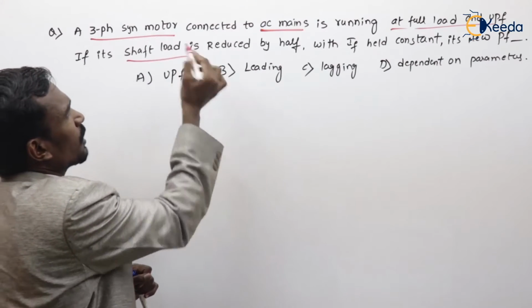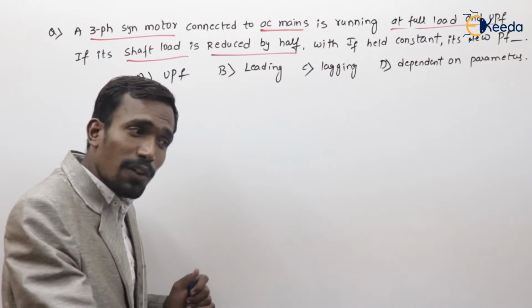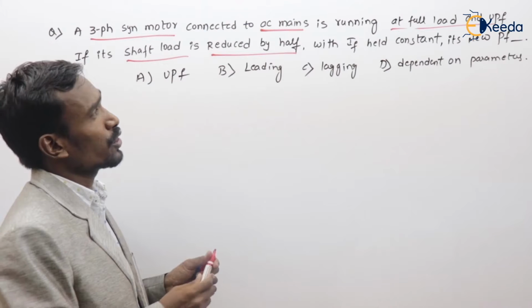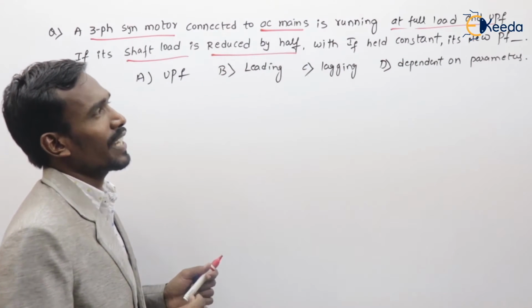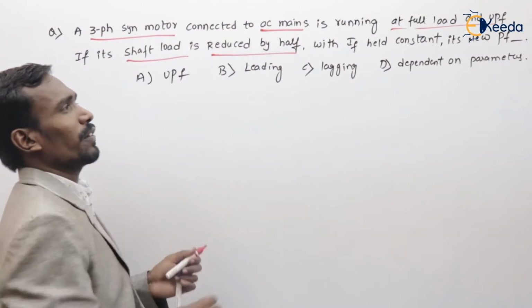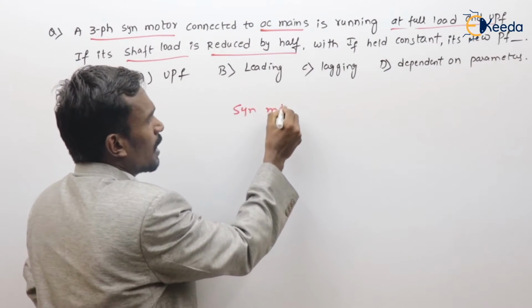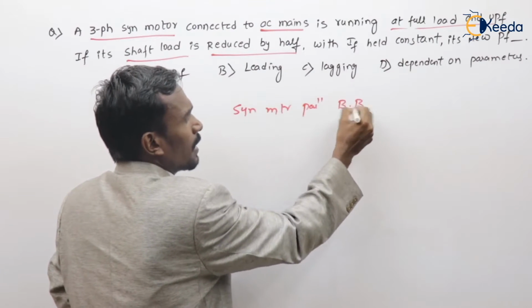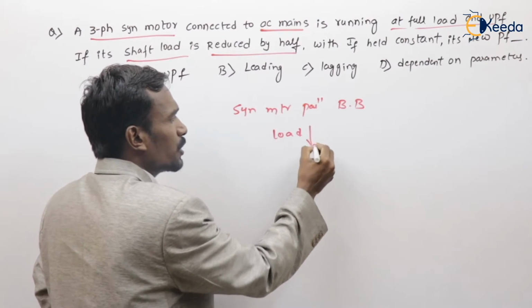If the shaft load is reduced by half, with field current held constant, its new power factor is... this is synchronous motor parallel operation with bus bar, and the load